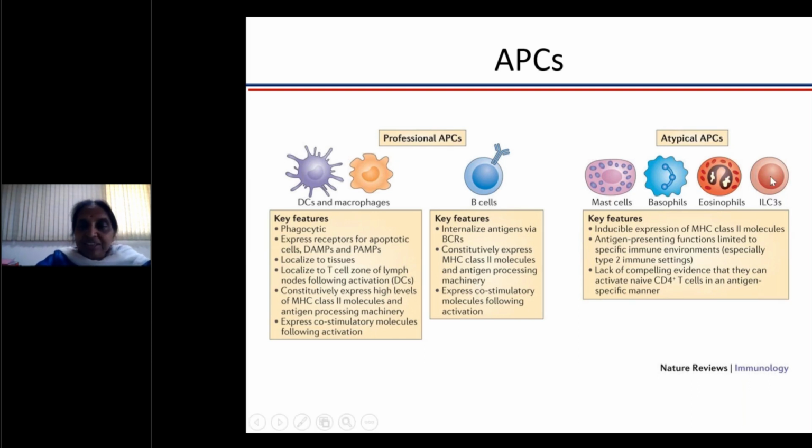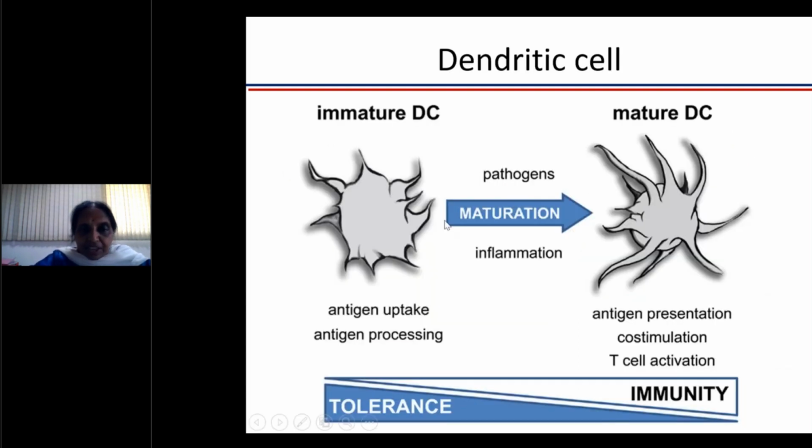While if you look at these atypical antigen presenting cells, these are only some of the examples, like epithelial cells, keratinocytes, synoviocytes, they can become antigen presenting cells once they start expressing MHC class II molecules on their surface. So those cells normally do not express it, but in abnormal situations, they can express class II molecules and become antigen presenting cells.